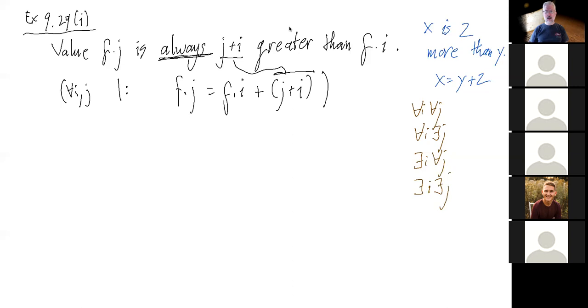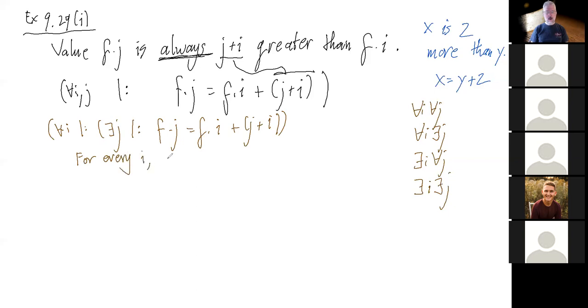So let's say, I'm gonna change color here. If we had for all I, exists J, f of J equals f of I plus J plus I, as an example. This would say for every I, there is a J such that